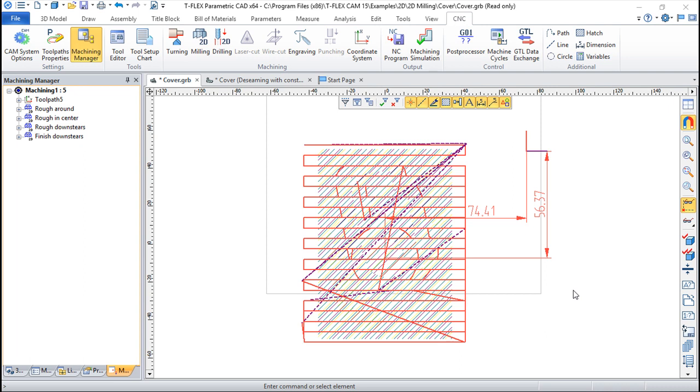Hello, we are here for one more lesson of this T-Flex CAM training course, and the topic for today will be the machining simulator on the 2D side. So we have here the previous example we've seen